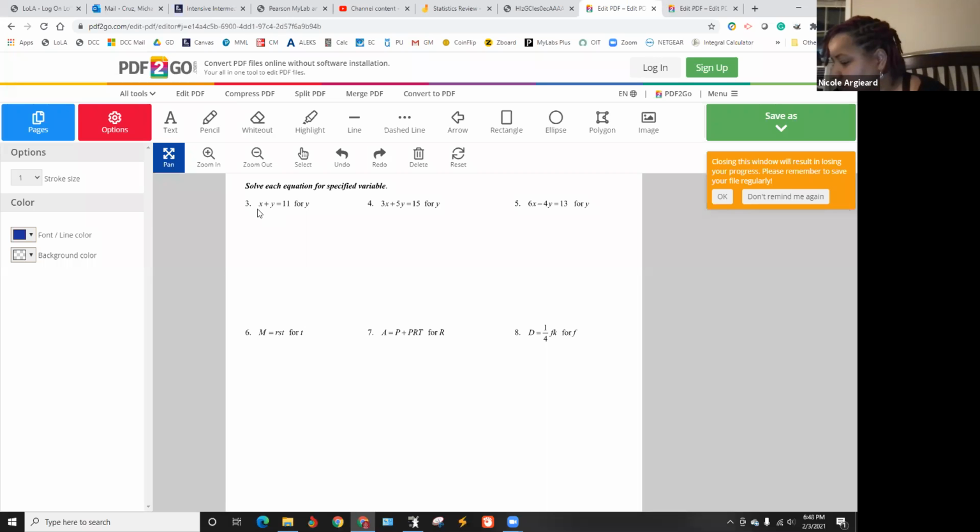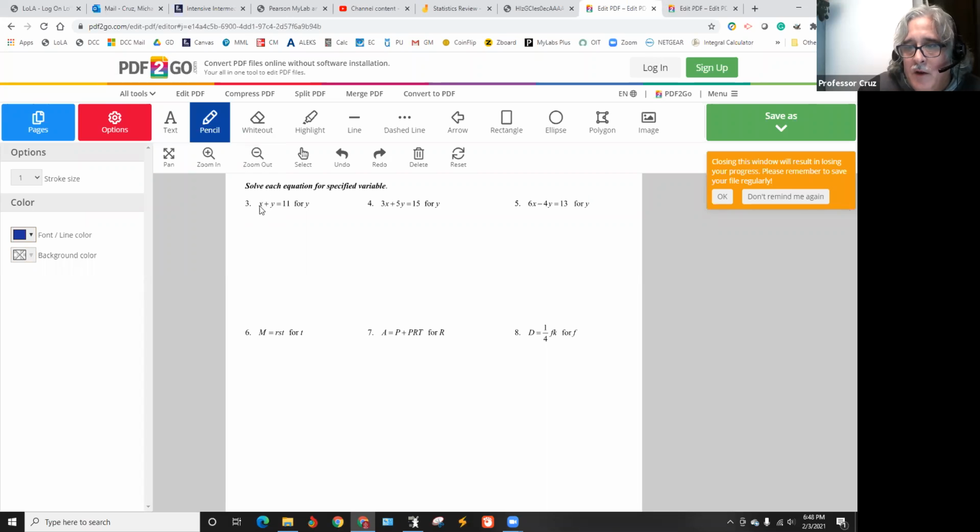I got the same. All right, so on this one, the only thing that's stopping it being solved for y is that x. So we got to get rid of that. And if we do it over there, we got to do it over here. So y is equal to, and if you got to 11 minus x, I'd be happy as anything, okay? But generally speaking,